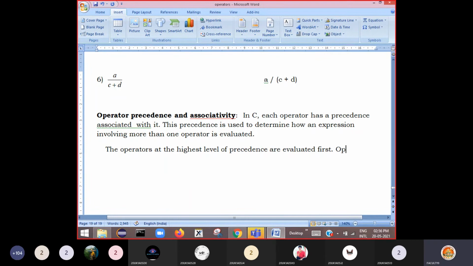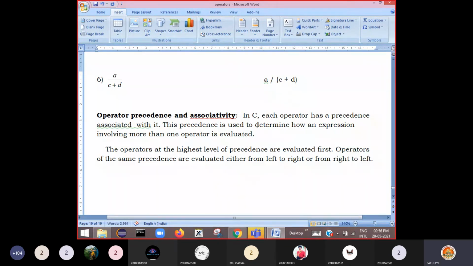Operators of the same precedence are evaluated either from left to right or from right to left.